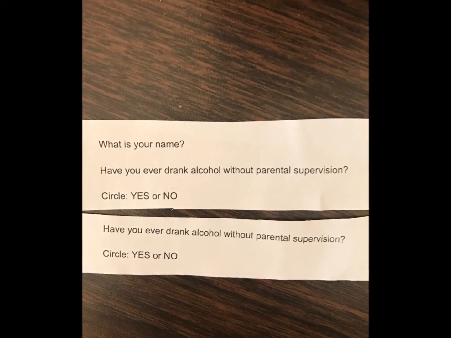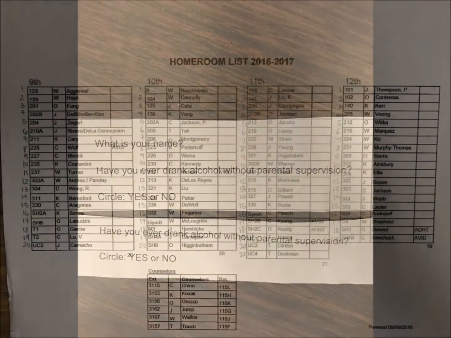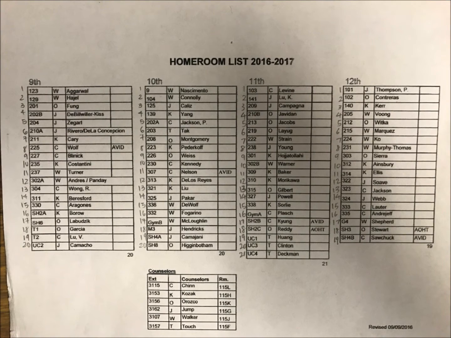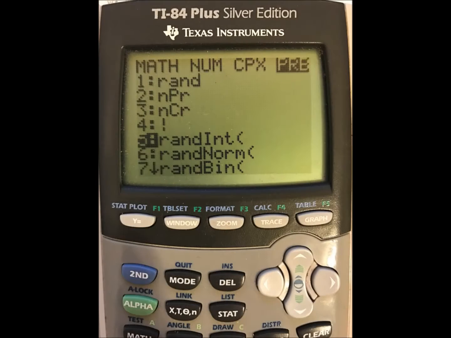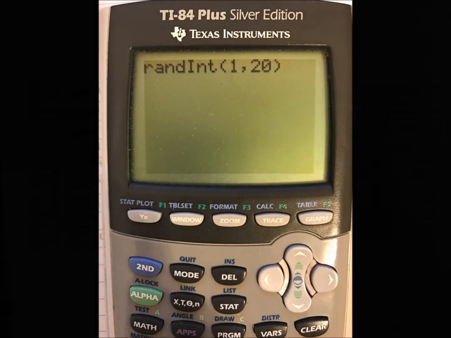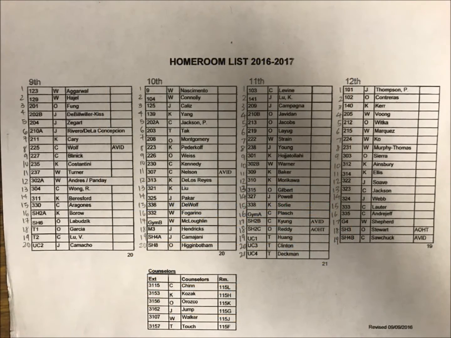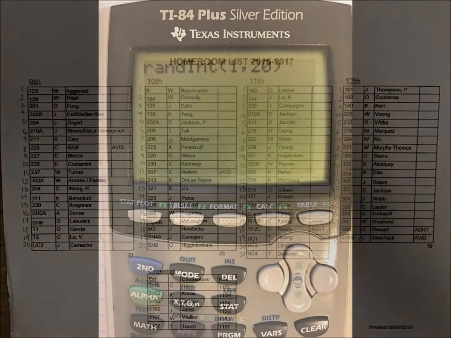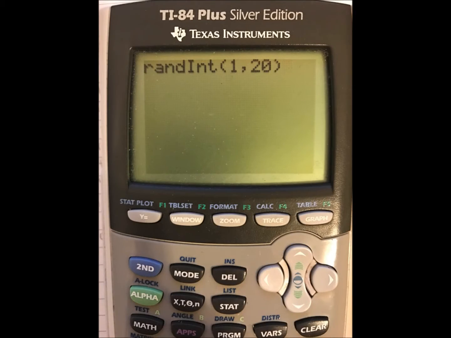Circle yes or no. To determine which homerooms we will be going to, we labeled the freshman homerooms numbers 1 to 20 and punched in the command random integer 1 to 20 twice. Their corresponding homeroom numbers will receive the surveys. Then we also labeled the sophomore homerooms number 1 to 20 and used the command random integers 1 to 20 again and